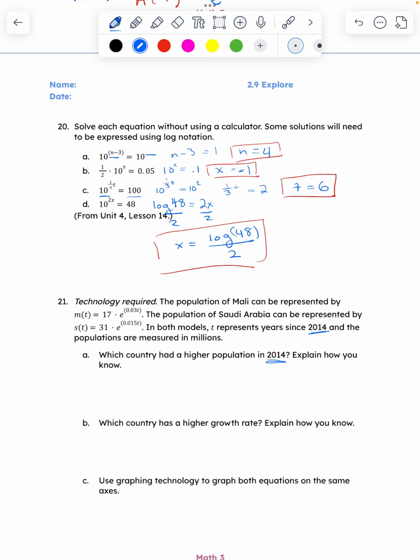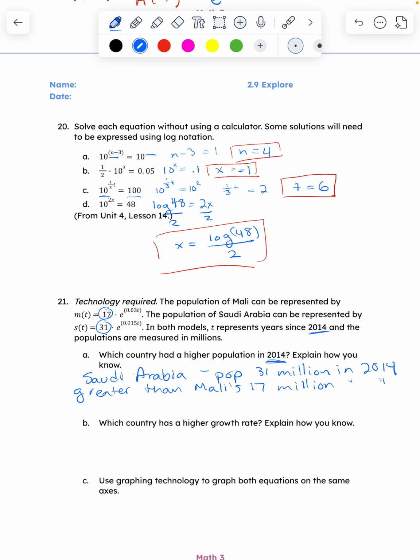So I can compare my starting values, and I can see that Saudi Arabia has a population of 31 million in 2014, which is greater than Mali's 17 million in 2014, right? And then I know because the A value,